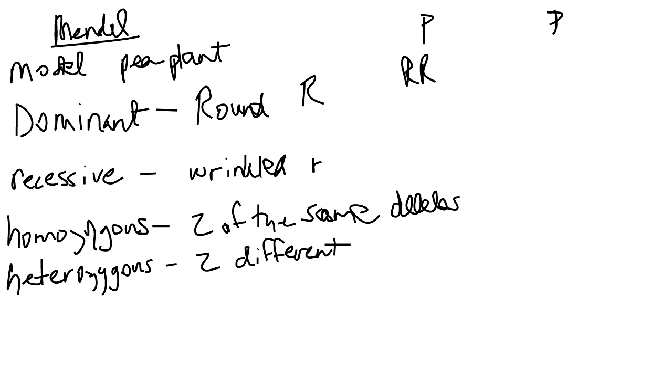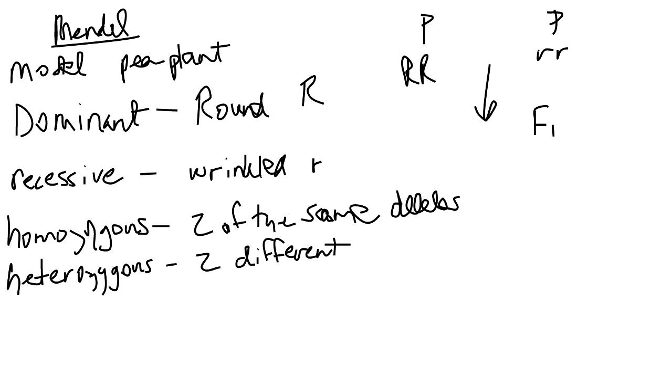So homozygous dominant, that means two of the same and it's the dominant allele. Homozygous recessive, homozygous is two of the same and they happen to both be recessive. Okay, that's the parent generation. So he's saying if you crossed a homozygous dominant round pea plant with a homozygous recessive wrinkled pea plant, okay, the F1 or the first filial generation,